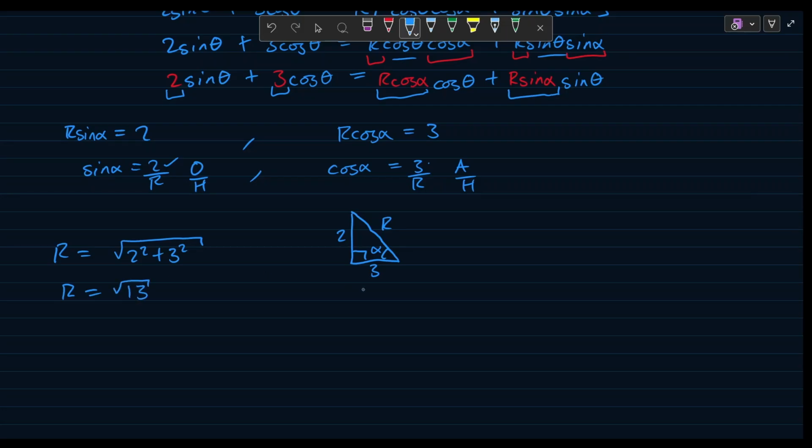The difference now comes in evaluating alpha. So for alpha, we're going to say tan alpha is equal to opposite over adjacent. So tan alpha is equal to 2 over 3. Alpha is equal to arctan of 2 over 3. That gives us